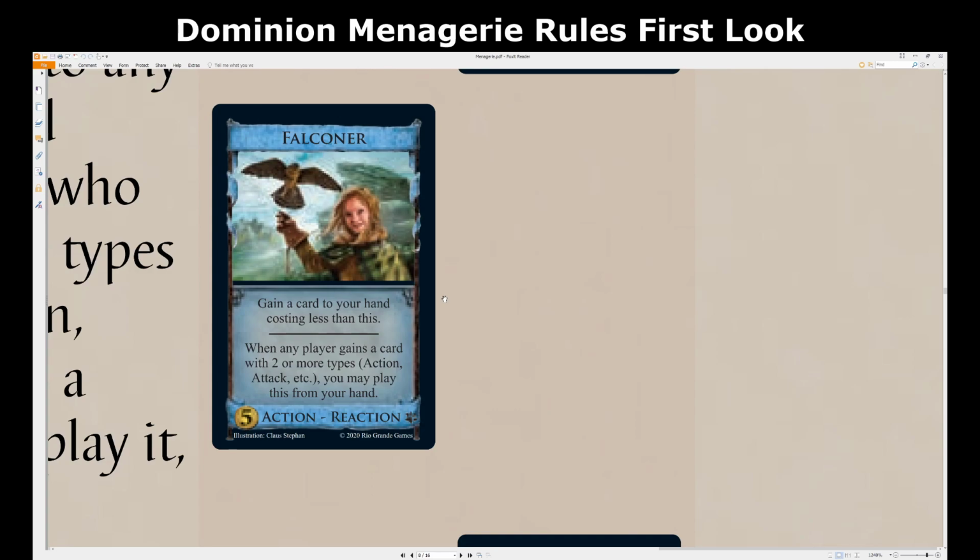Sculptor can gain treasures to be non-terminal, but being non-terminal and gaining a treasure is also kind of, you know, sometimes it's what you want. A lot of times it's a little awkward. And what you really want to be doing with Sculptor is playing villages and then gaining action cards with it, if you can. And so this is similar, right? This is get less than this, which isn't technically the same condition as Sculptor, but it's a pretty similar condition. But then the reaction part, so you lose out the ability to gain the villagers, and then the reaction,